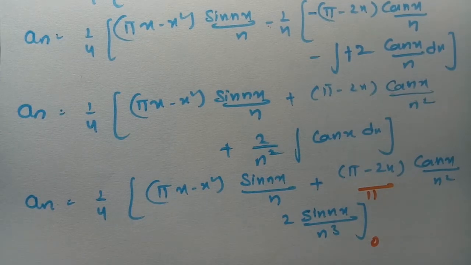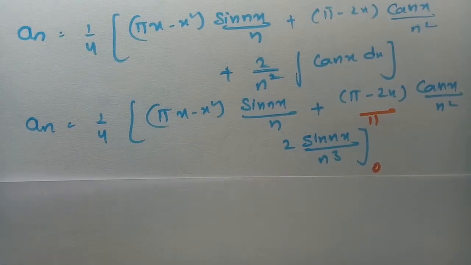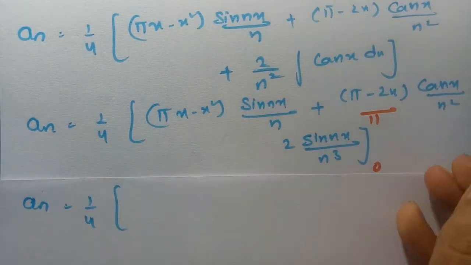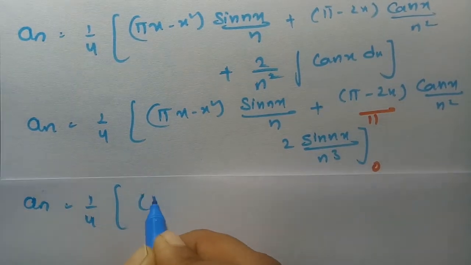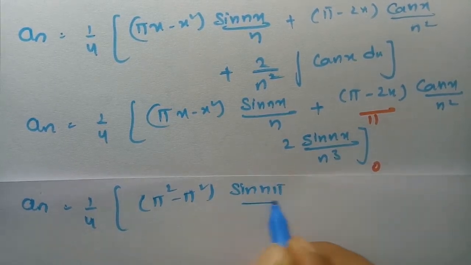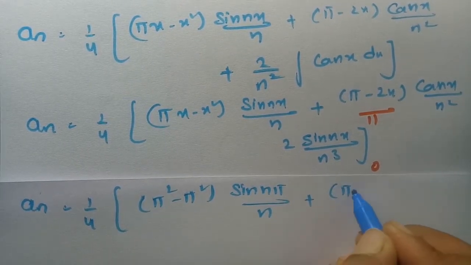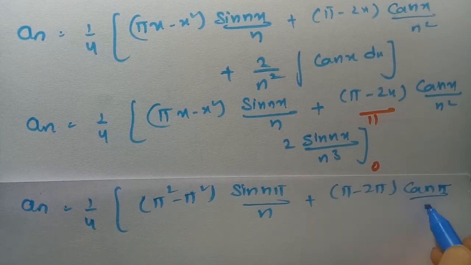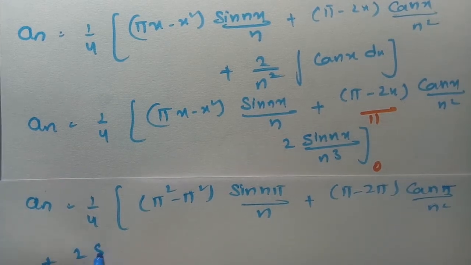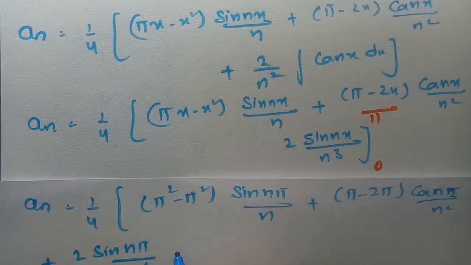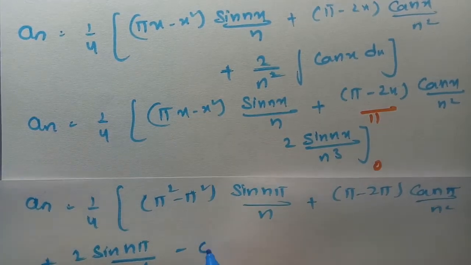Now I am going to substitute upper limit minus lower limit. So after substituting, the an value will be 1 by 4 times of: for the upper limit it is pi, so this will be pi square minus pi square sine n pi by n, and here pi minus 2 pi, this is cos n pi by n square, plus 2 sine n pi by n cube, and for the lower limit it is minus,